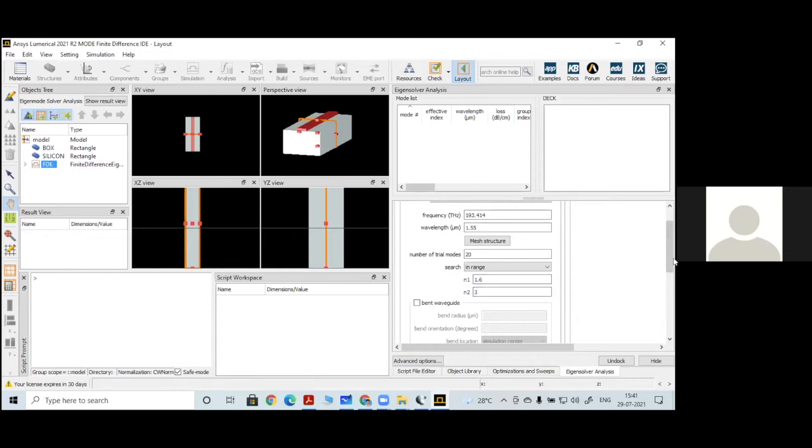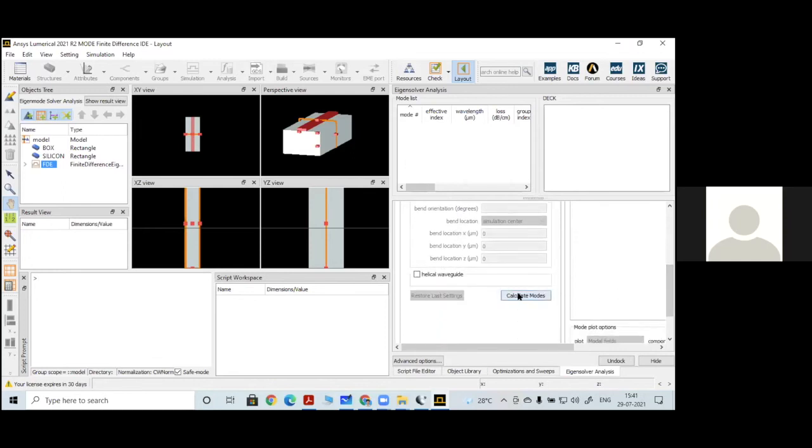Okay. So this bent waveguide problem, we will consider only in the case of fibers. Only the fibers have the tendency to bend. Only in those cases we consider this bent waveguide. But in this case, these are linear waveguides. So there is no problem of bending. So that we are not disturbing at all.